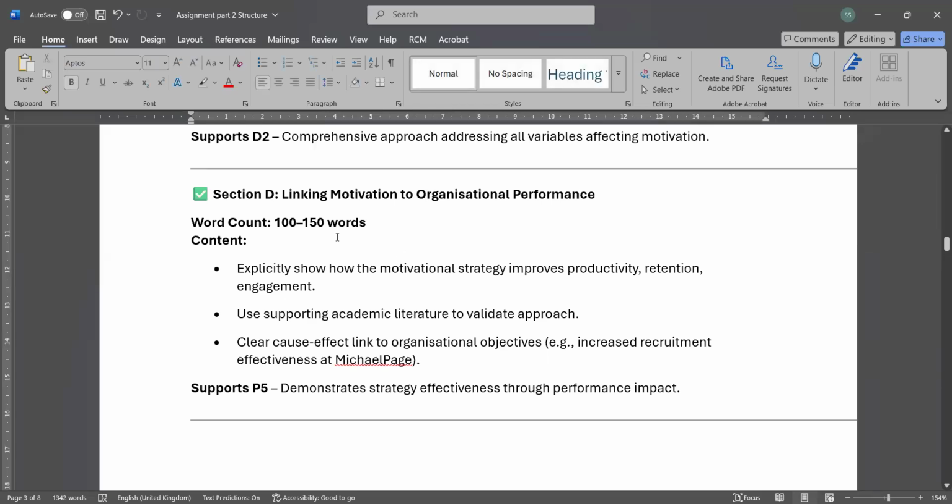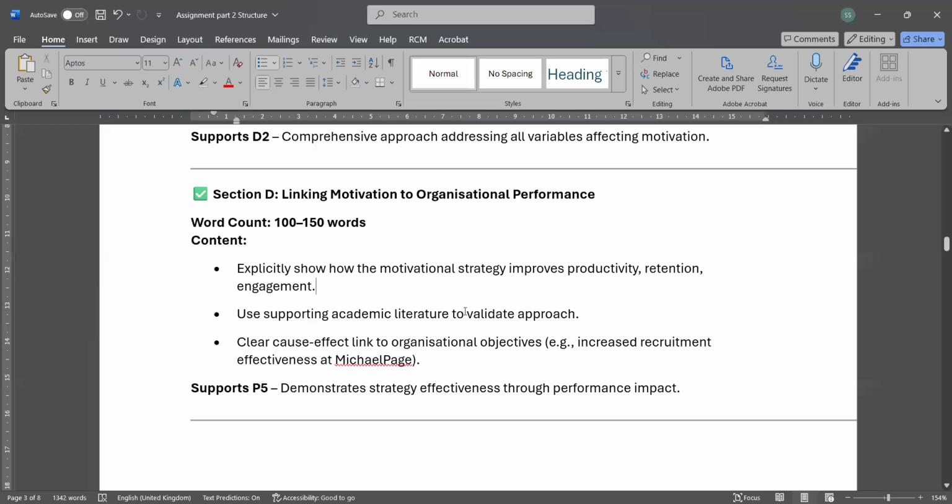What you are going to do is show how the motivation strategy improves productivity, retention, and engagement. You will explain how your motivation strategy is going to improve productivity or retention, and how it is impacting the organization performance, based on your chosen organization.